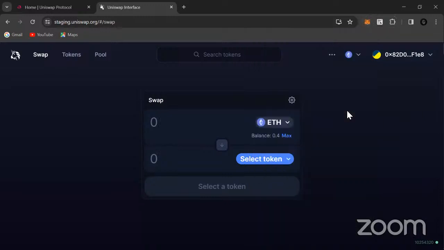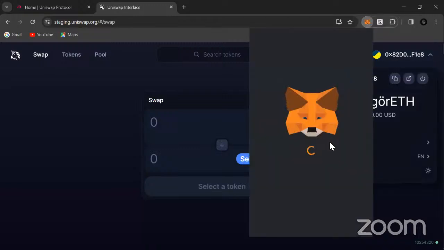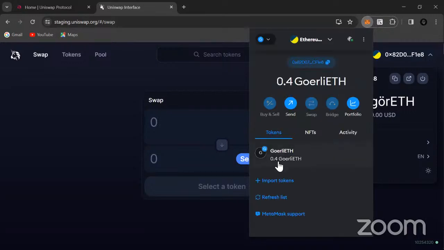All right. Let's check our wallet assets first, the assets we actually have in our wallet. You see that we only have the Goerli test Ether. That's the only ERC token we have.